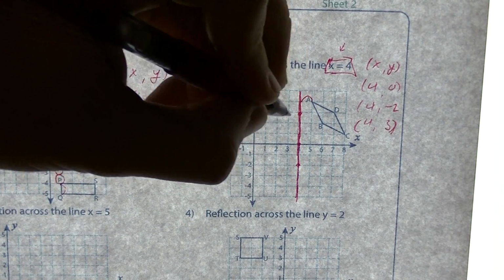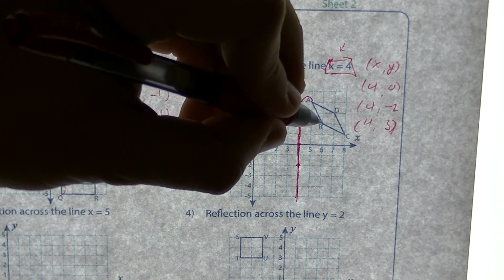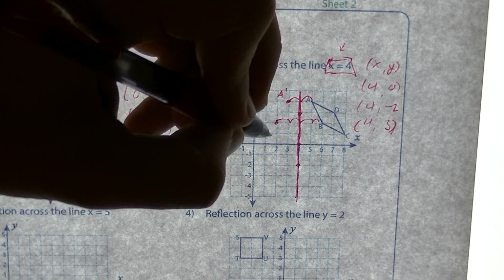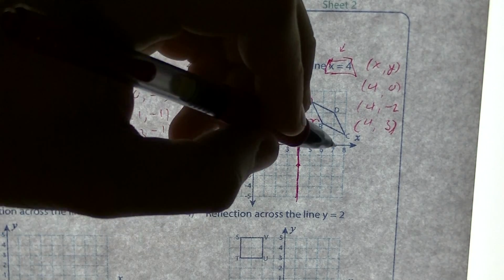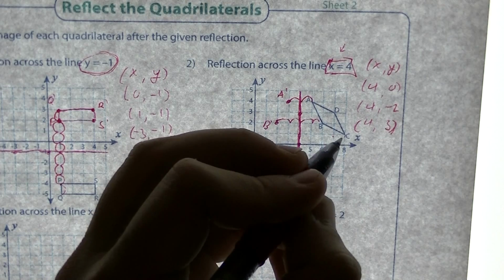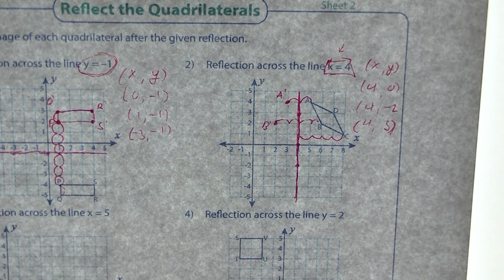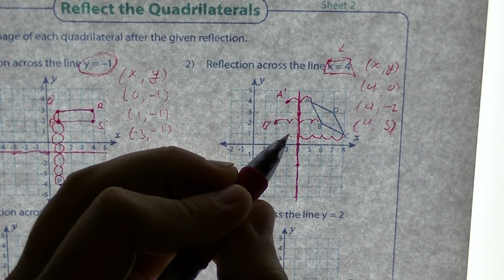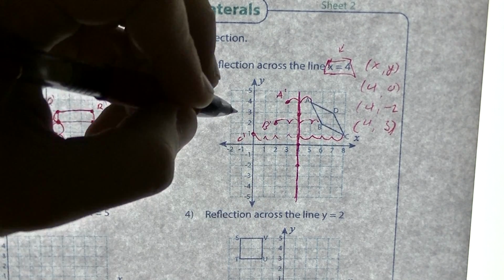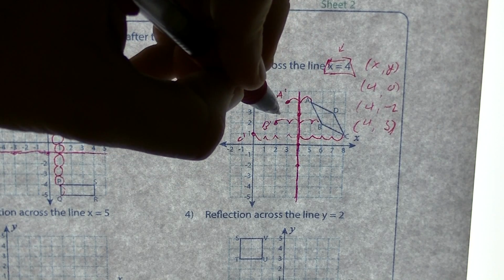So it was 1 point away, 1 more point away, this will be A prime. B is 2 away, 1, 2. So I'll go 2 away on the other side, 1, 2. This is my point B prime. C is 1, 1, 2, 3, 4. So it's going to be 4 away, 1, 2, 3, 4. This is C prime. And then D prime is 3 away, so I'll go 1, 1, 2, 3 away,